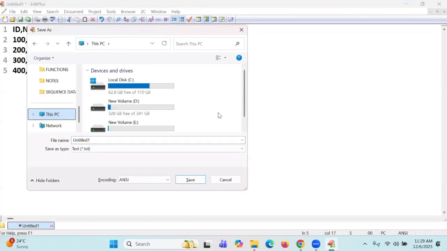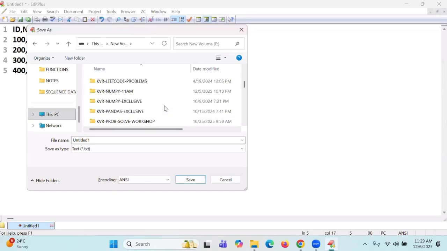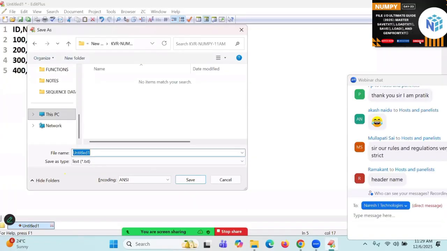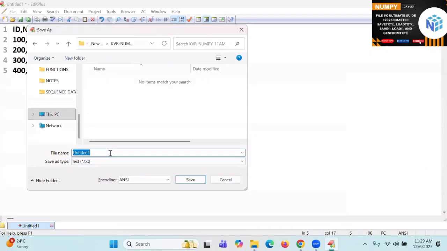I'm saving into my own location as we created last class, NumPy 11am. How do you save? By default, since I am typing in the text editor, .txt will be coming. I need to create a separate file name.